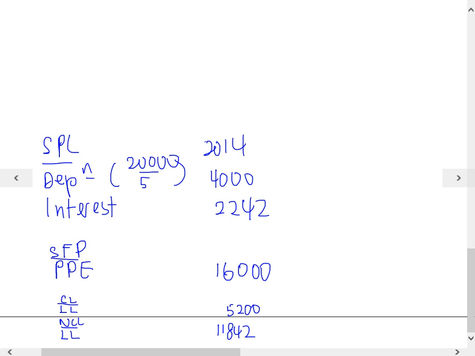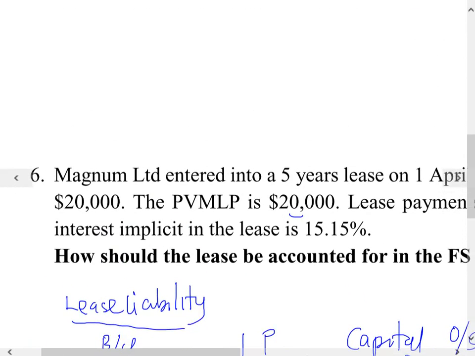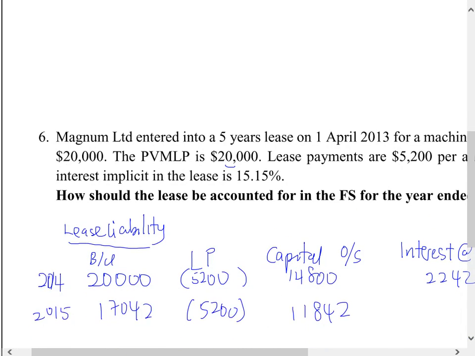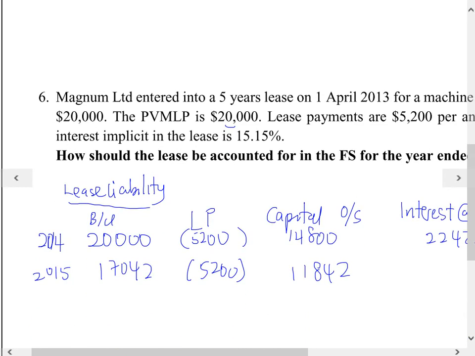How is it going to affect the profit? Repeat the question. So this question here, the 20,000 we recognize as asset, recognize liability, and the subsequent depreciation and interest. Okay, and if the company makes a mistake, or the company does not understand this particular standard, and